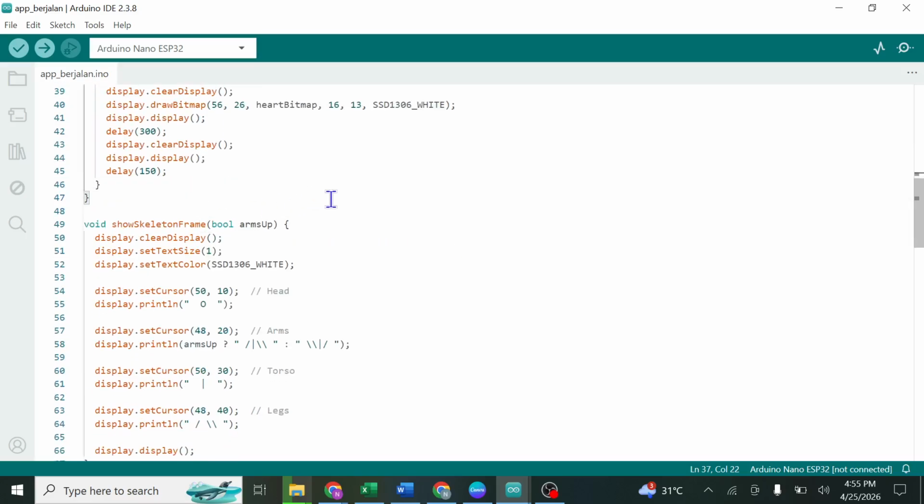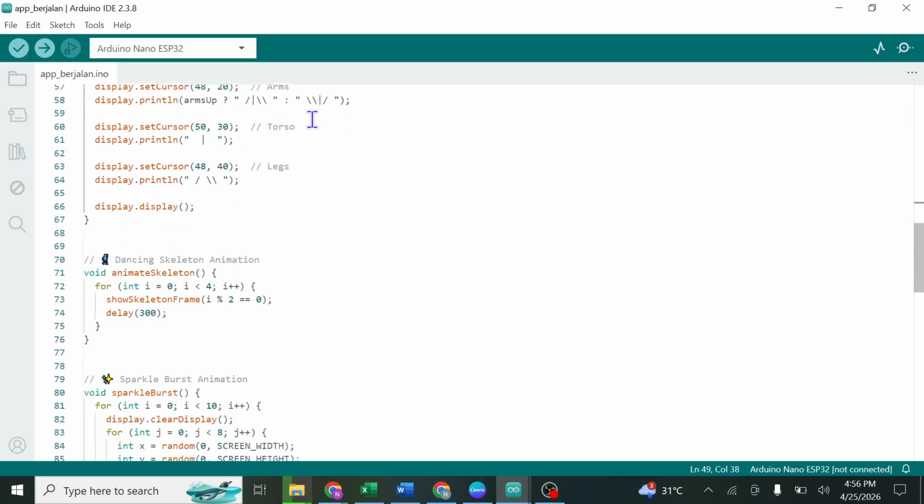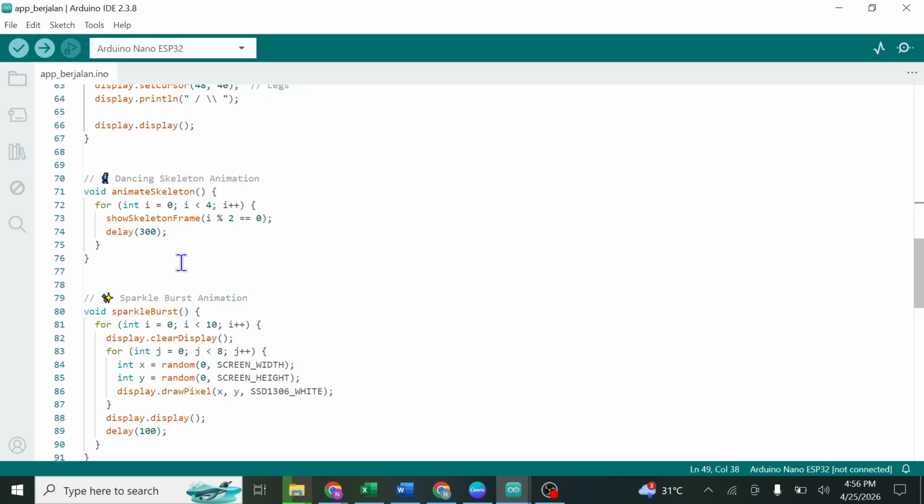And I have void showSkeletonFrame. This function draws a skeleton using text characters. If armsUp is true, the hands move upward, and if false, the hands move downward. Next, I have void animateSkeleton.